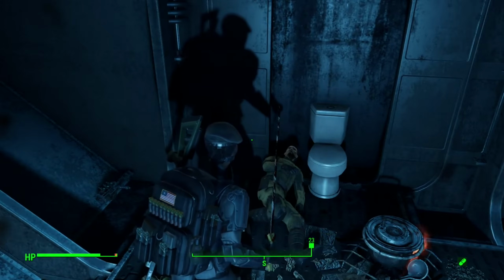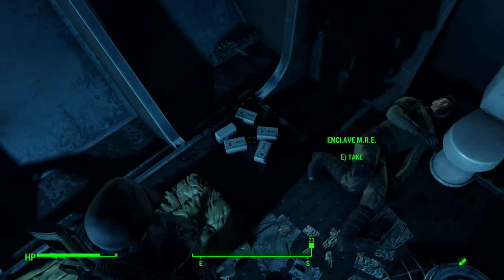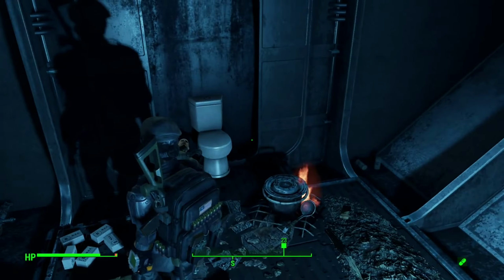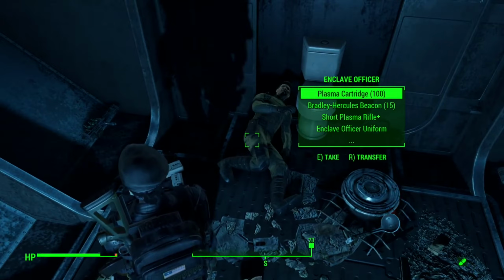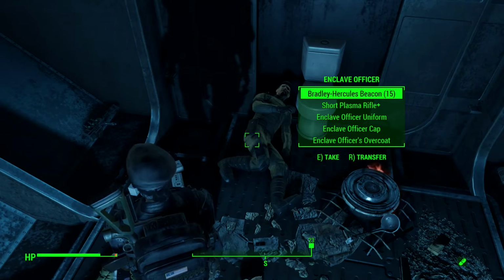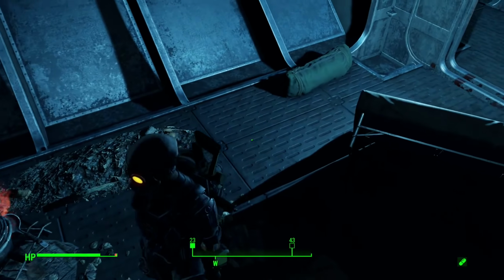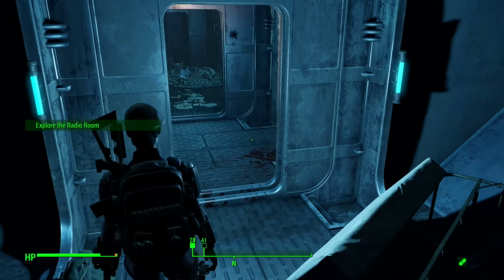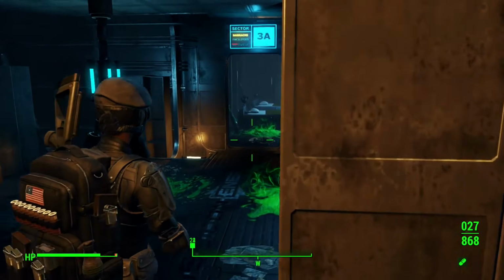Okay, let's see what we can put together from the evidence here. More MREs, so somebody left him some food. That's kind of interesting. Plasma cartridges, yeah. Bradley Hercules Beacon 15. We're going to come back to that. And then in here, radio room access card. This seems significant. You know, when Colonel Whitehill finds out that the Institute's been tussling with remnants, she's going to